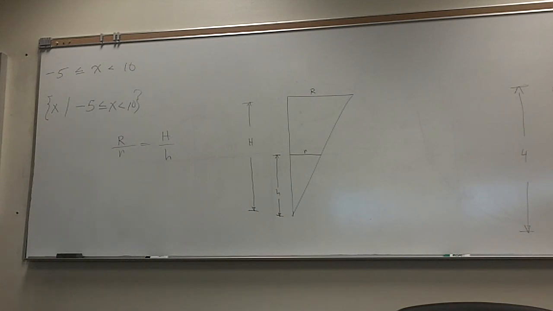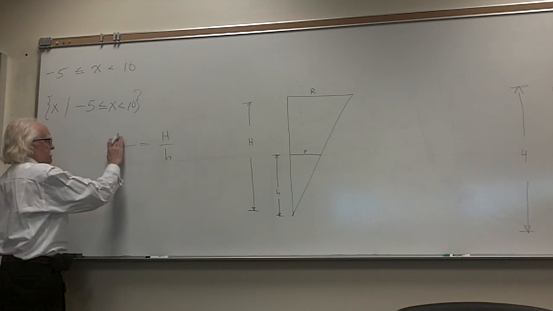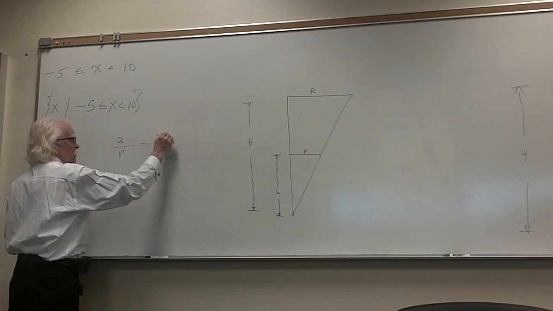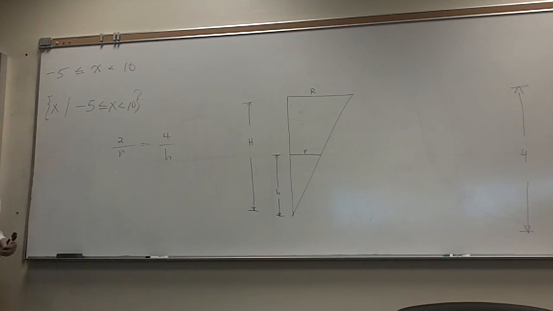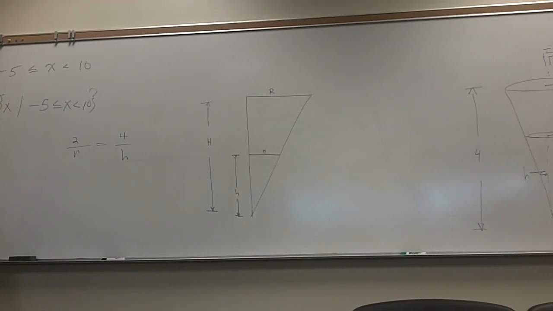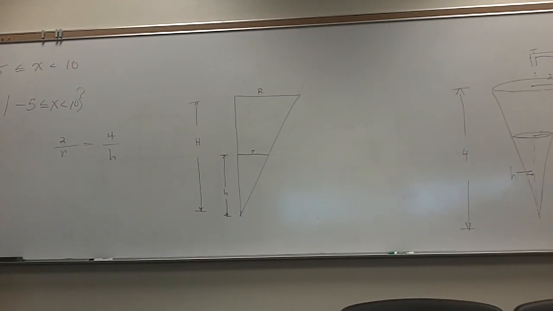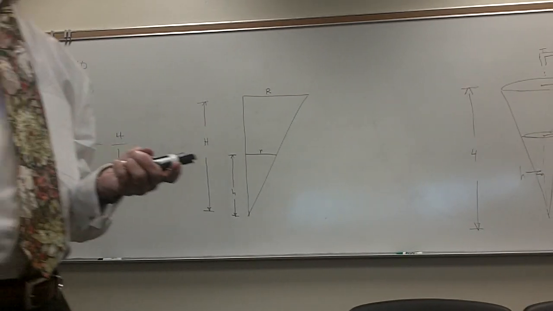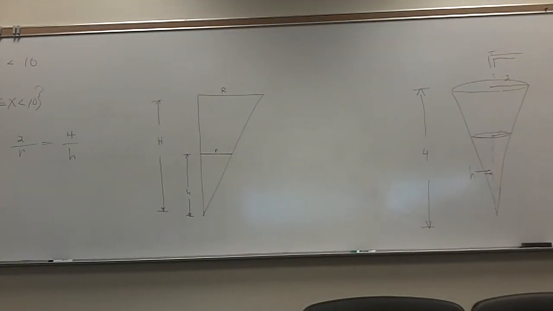Now, with this picture that we have over here, we know that this is what? 2, and this is what? 4. What they could ask you to do is they could say something like this. Write the volume of that ice cream cone